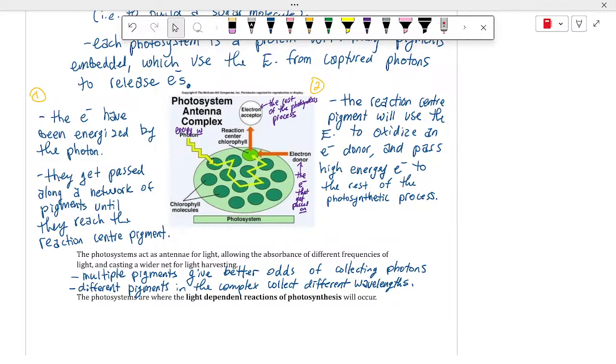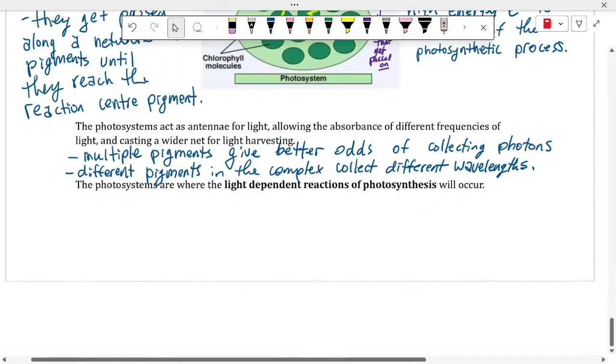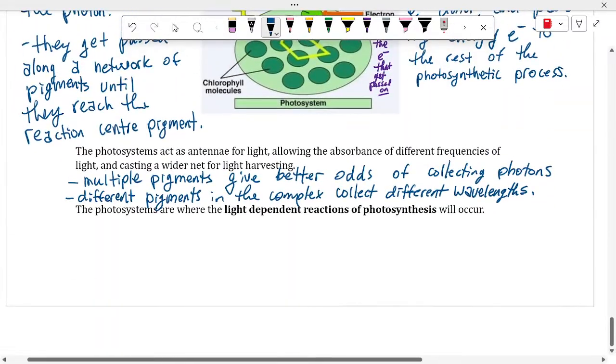Each photon is a discrete packet of electromagnetic radiation, and that just means it is a field, a wave that moves things in the electromagnetic field, which means each photon doesn't have mass, it doesn't have protons, neutrons, or electrons, but it does have energy. And what do we capture when we absorb it? It's energy. So the goal of the light reactions is to capture energy